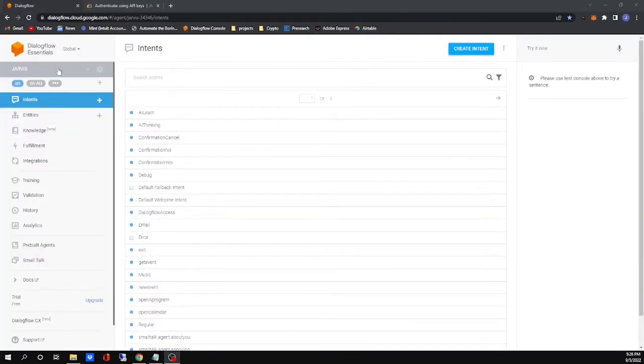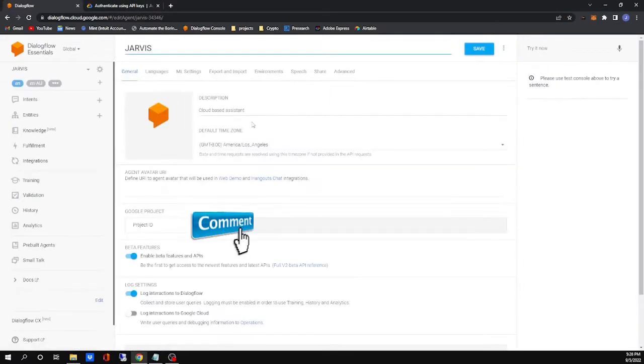This is your Dialogflow console. This is what you are going to use for the online intents. There is a lot that you can do with this. At the top is your agent. So I call my agent Jarvis. Go into the settings here. Cloud-based assistant, time frame. Your project ID, you need this number here. I'm going to blur this out